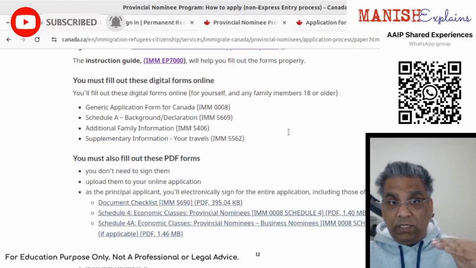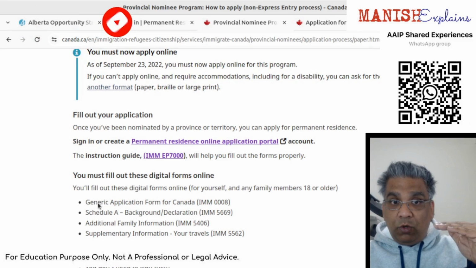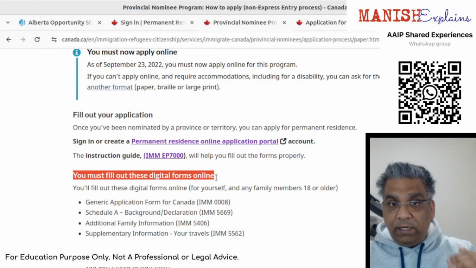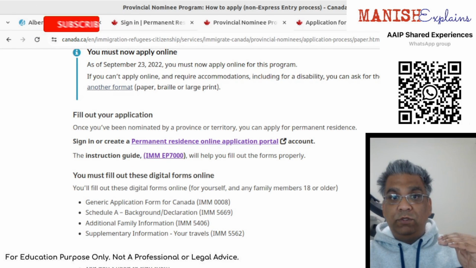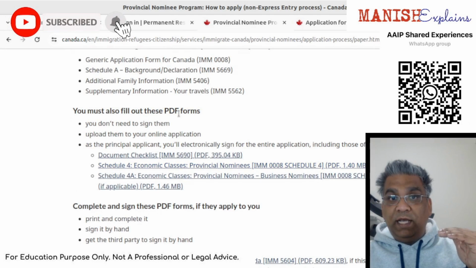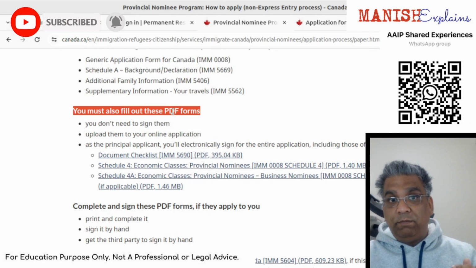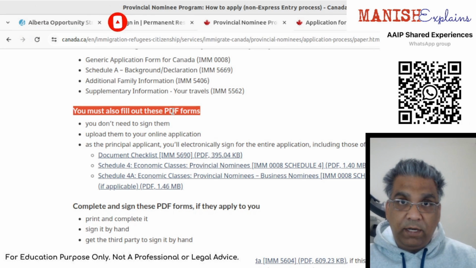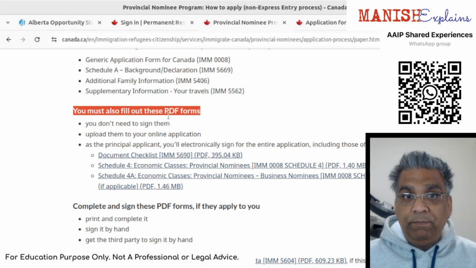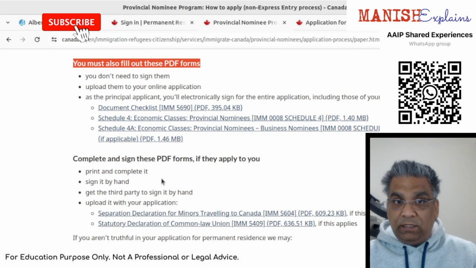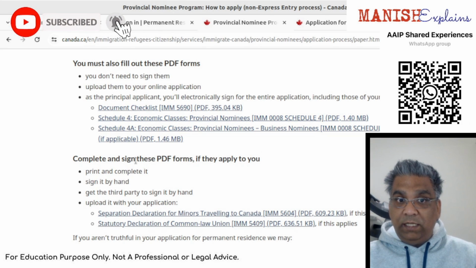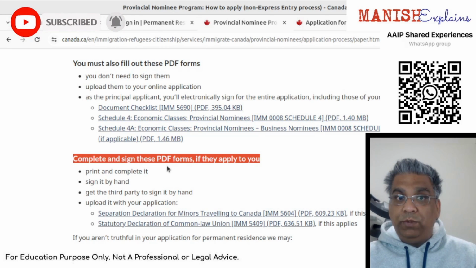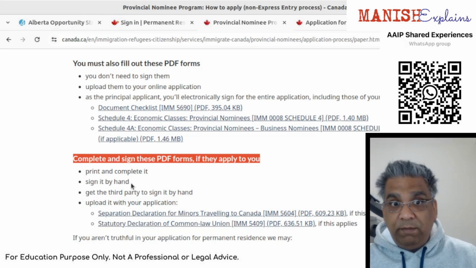Just make sure that you know what forms you submit digitally, and what forms you need to do as part of PDF. There are some forms you just need to take a printout, scan it, and then upload it. And then there are some forms which you need to complete and sign by hand.